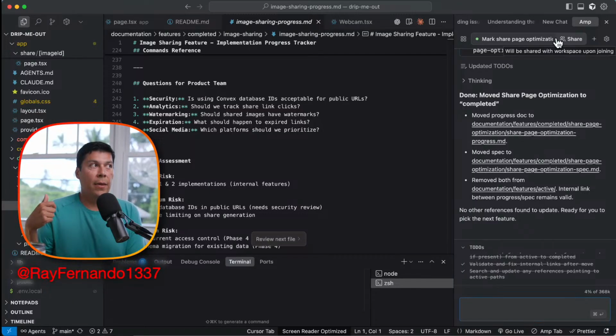Theoretically, this is supposed to be a lot more performant because it has this thing called the Oracle, which is supposed to help with planning, which is what we'll use to implement a feature. The second part is its knowledge of the code base, traversing it and working a lot faster. I've had so much unreliability with Claude Code that if I'm going to pay $200, I'd rather pay $200 towards